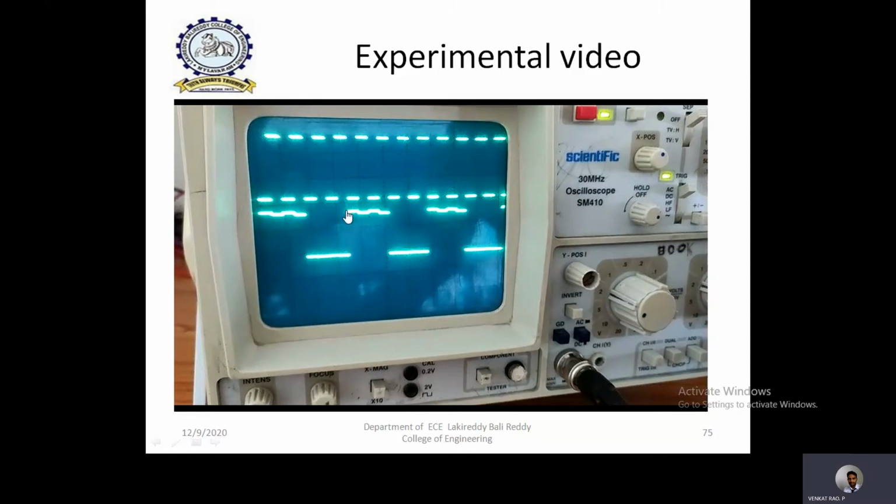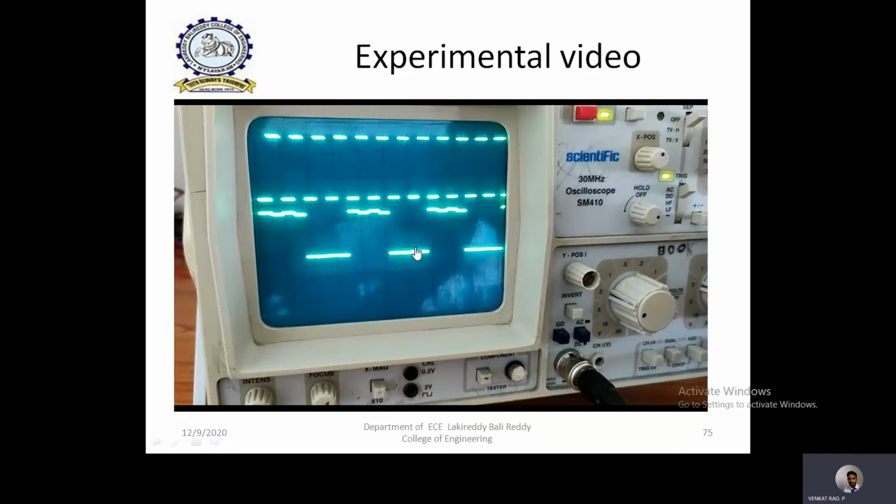For example, I am starting from here. Okay, so this is one clock time period. So during this one clock time period, high pulse is observed. So you can consider that as 1. If low pulse is observed, we can consider it as a 0. So for one clock time period, high pulse. Again during another clock time period also high pulse. So 1, 1. So during the next two clock pulses, low pulse is observed.